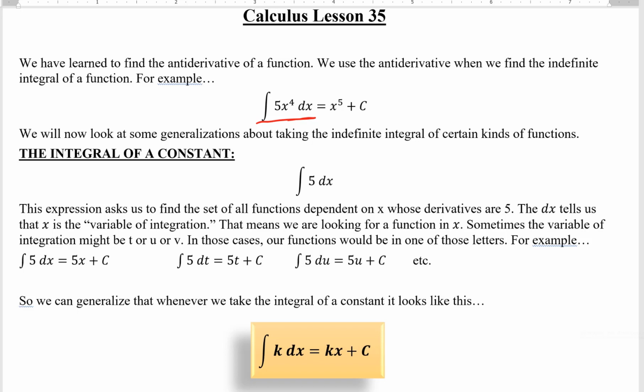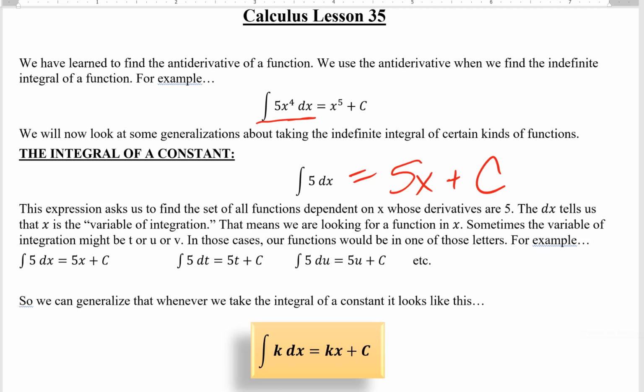All right, so the integral of a constant, first of all, that's pretty simple, but it's a good thing to start with just to generalize. Whenever you have the integral of a constant, just a number like 5, it's pretty easy to remember that, for example, the integral of 5 dx is 5x plus c, because the derivative of 5x is 5. All right, so whenever you take the integral of a constant, it's just going to be that number, that constant,